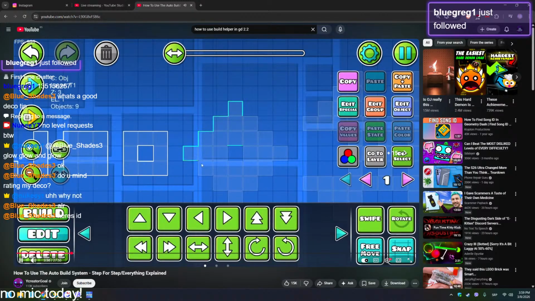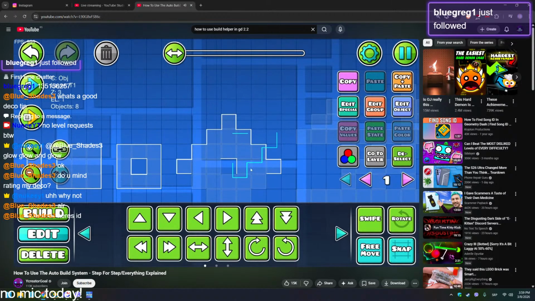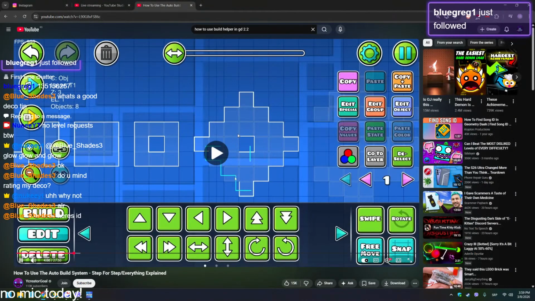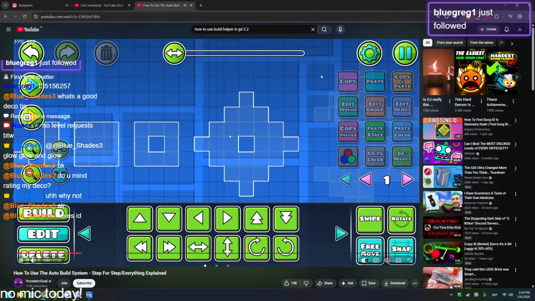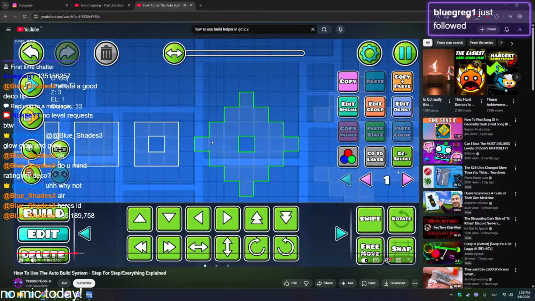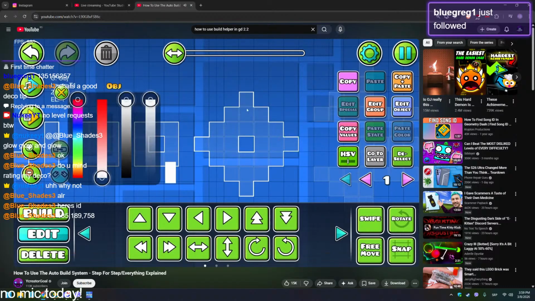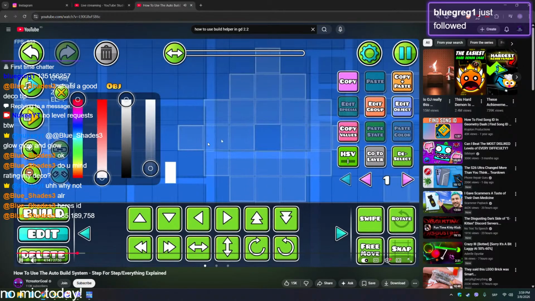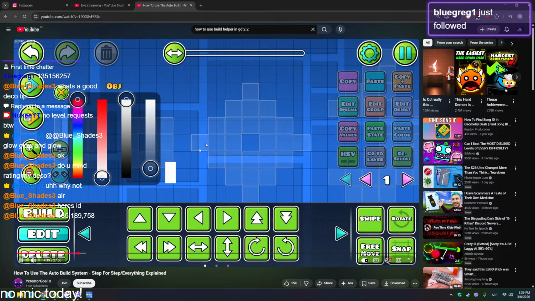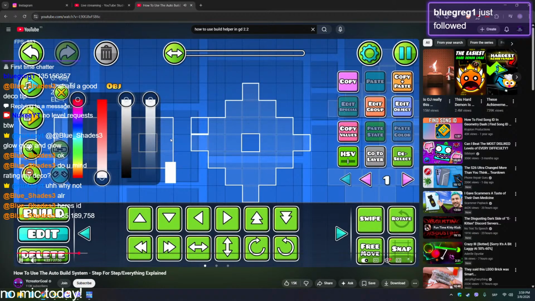Boom. To save time, you can just copy and paste it, but make sure that nothing is duplicated. So I have this one, you guys can see, and then this one I can copy one more time and put it in there. This one more time, put it in there. However, I made a small mistake here, and if you want to see if you made a mistake too, you can go ahead and select any object, click here, and then lower the opacity, and you will see that this object right here is a little bit too bright. That means there are two of them. Look at this. If I return the opacity,